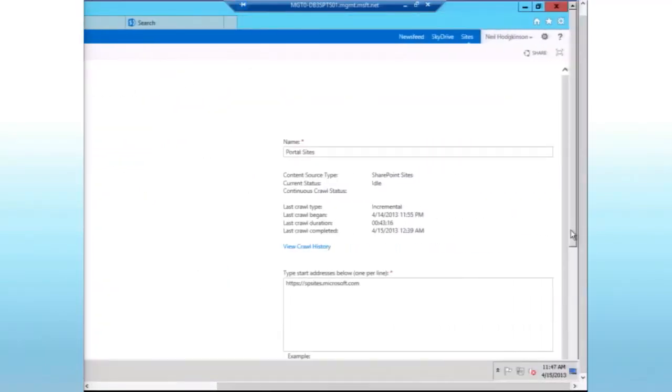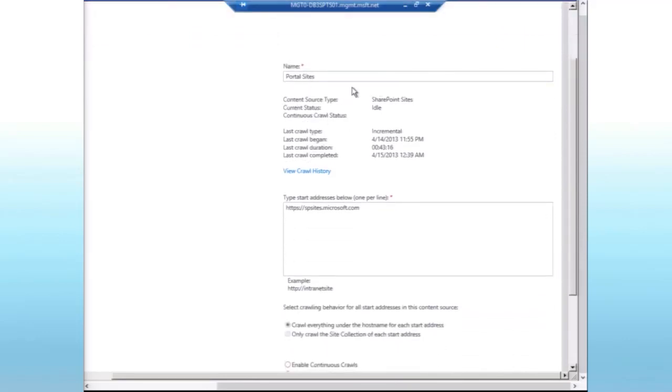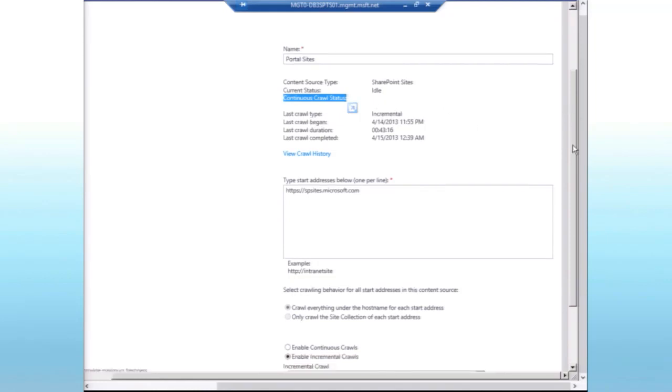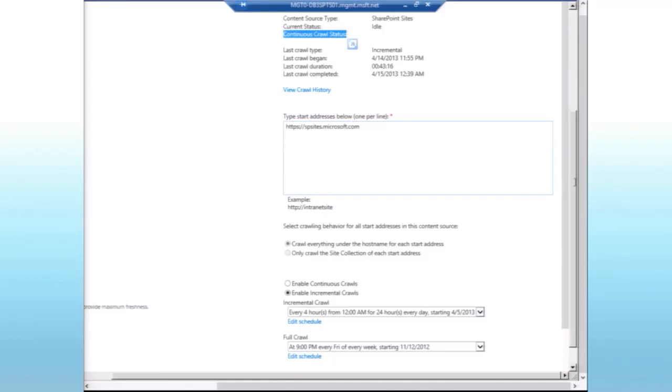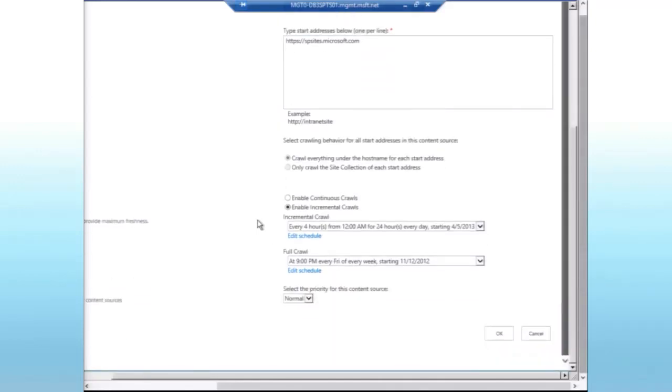Okay. First section of troubleshooting. So we have same as before in SharePoint 2010. We have our name, content source, status, crawl type. Continuous crawl status, you can see this isn't enabled, so it's not turned on. It's regular incremental crawls. And if we look down, we see a URL, and the one thing that's different in this one, at the moment this is a regular incremental crawl. So it's running incremental crawls every 4 hours and a full crawl every Friday at 9 p.m. If I was to do this,